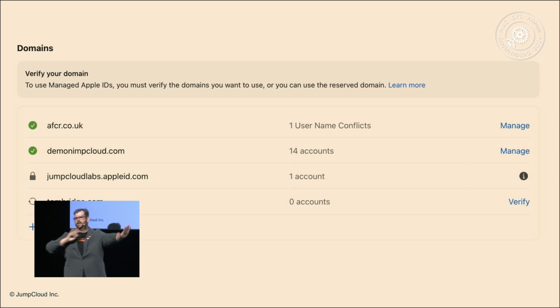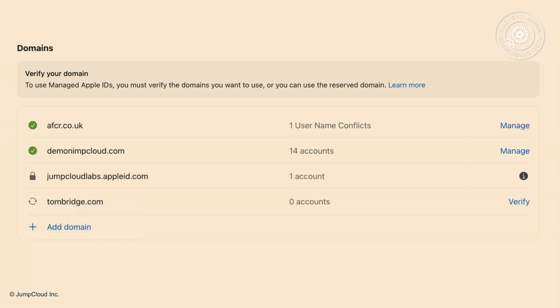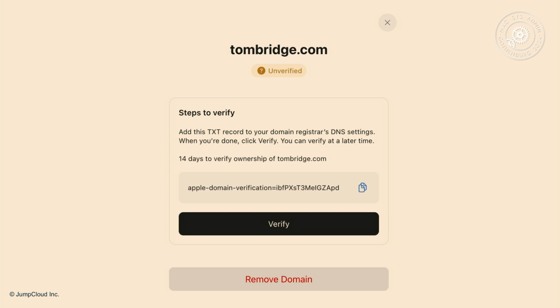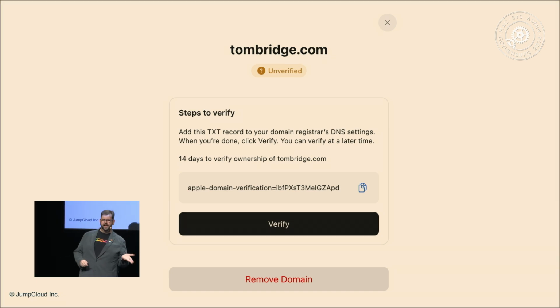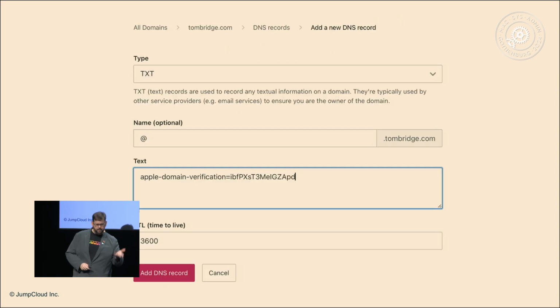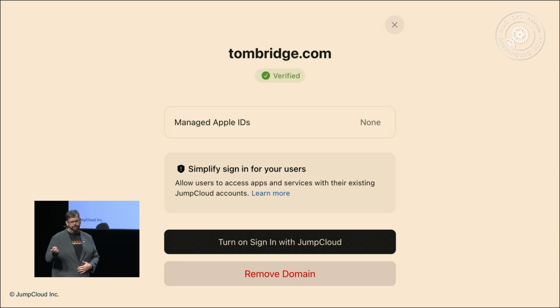Hey, we're not done yet. You need to do something. You need to click Verify. And for my unverified domain, I'm going to get that string out of here, and I'm going to make a TXT record at my DNS server. This is Hover, and once I'm in Hover and I have placed my text record in place, Apple will verify that that record loads, and at the conclusion, you now have a verified